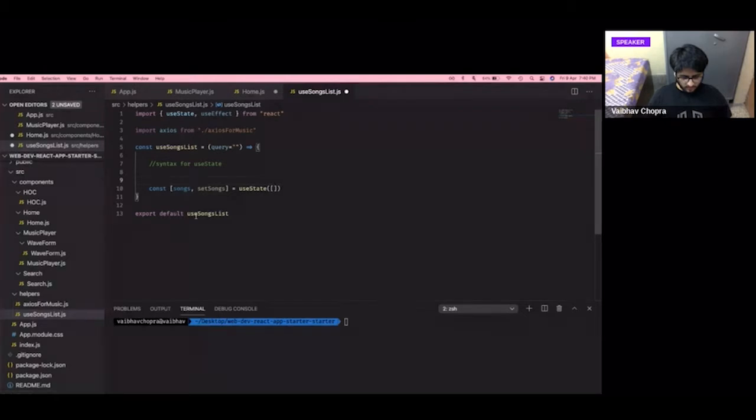The first variable here means the actual songs array. The second one here, set songs, is the setter of this variable, this reactive variable.